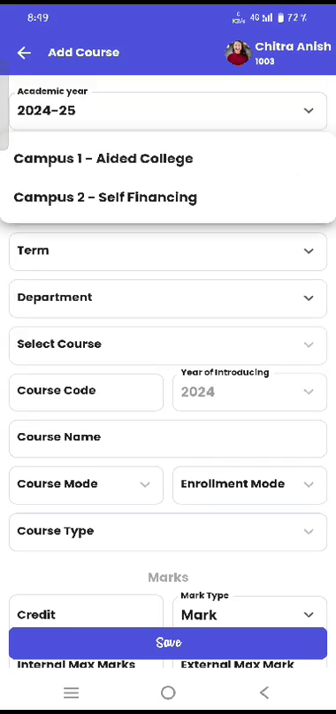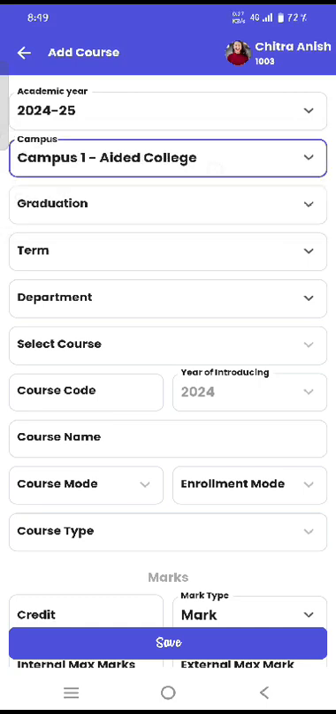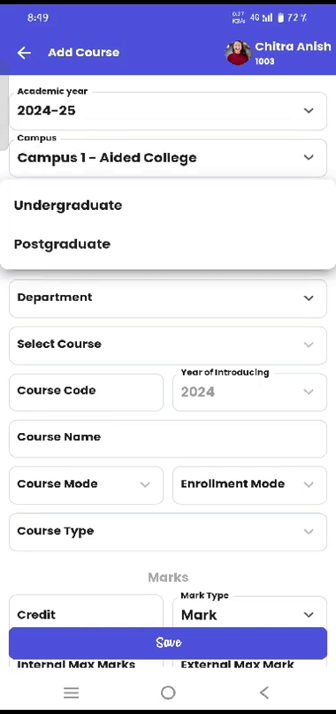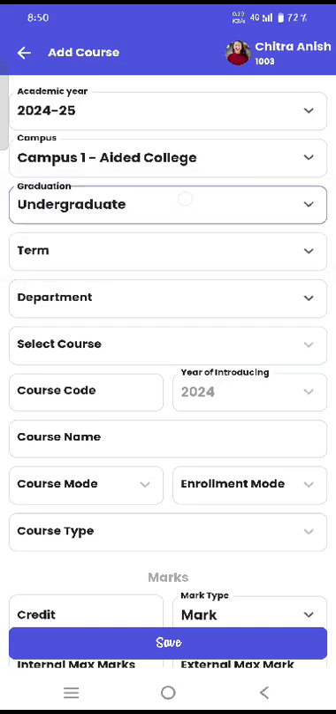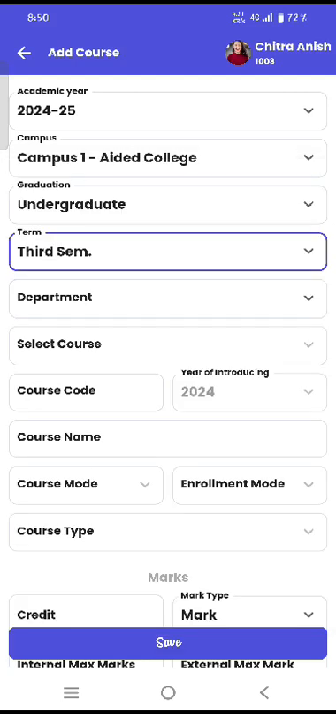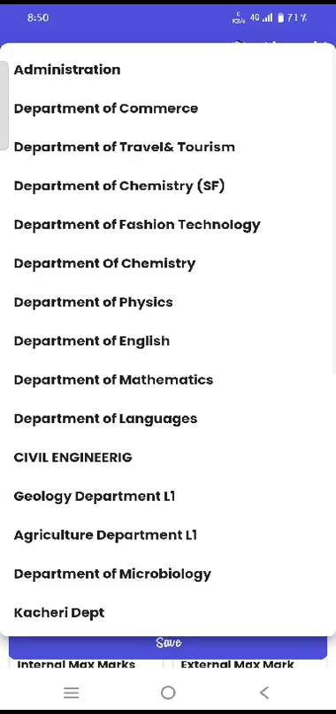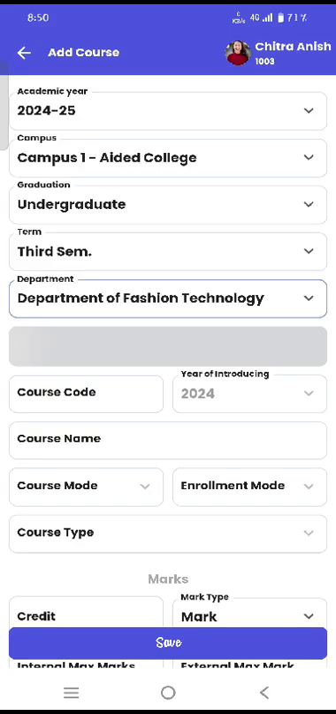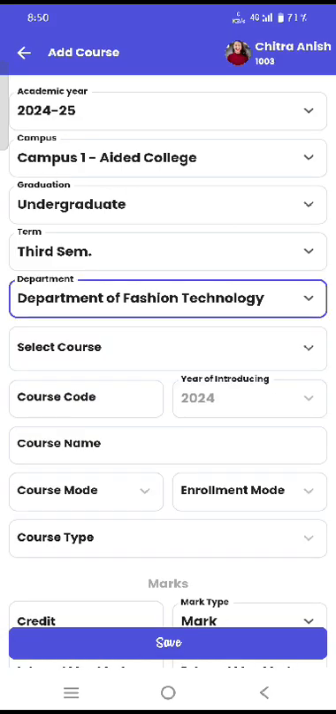The campus, if it's a multi-campus, can be chosen. Graduation, whether it's an undergraduate or a postgraduate program, and term for which we are going to create the paper, and the department for which this paper is being created. Once these basic details are entered, next we move on to the course details, wherein the first step is to